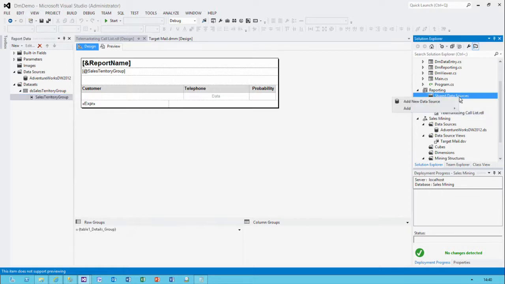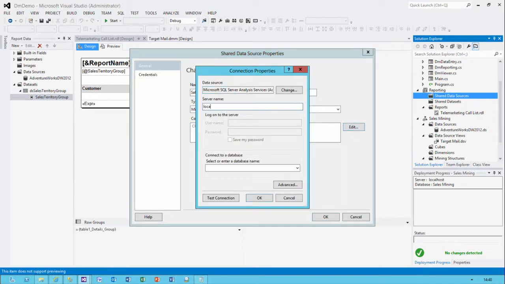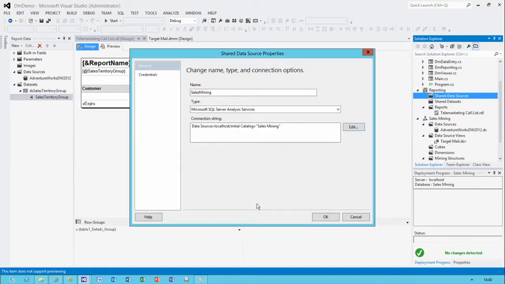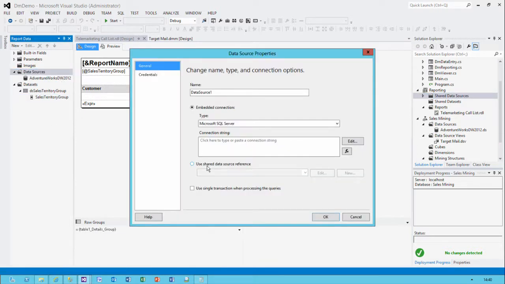What I'm going to do is add a shared data source to the project that will use the analysis services provider, and I'll connect to that sales mining database. So from a reporting services point of view, it's just a DMX query that's being executed, and then you have a data set consisting of the fields of that DMX query. So here in the report, I can add that data source,